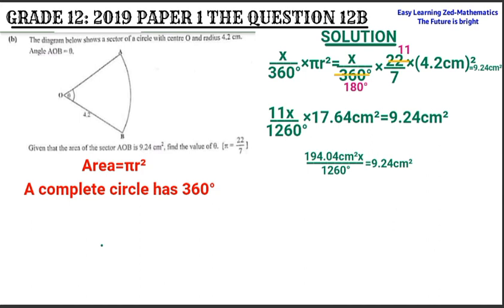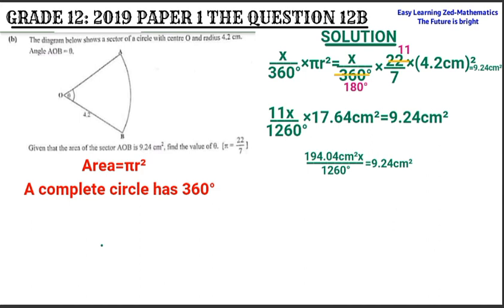Once I've done that, the next thing I need to do is leave x alone on the other side of the equal sign. That means I'm going to multiply 194.04 centimeters squared x over 1260 degrees by its multiplicative inverse. I'm going to multiply this fraction by its multiplicative inverse, which is going to be